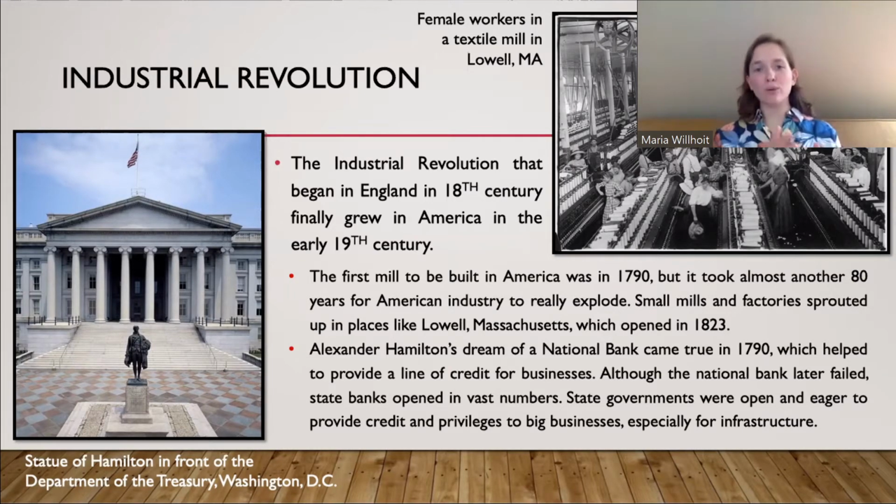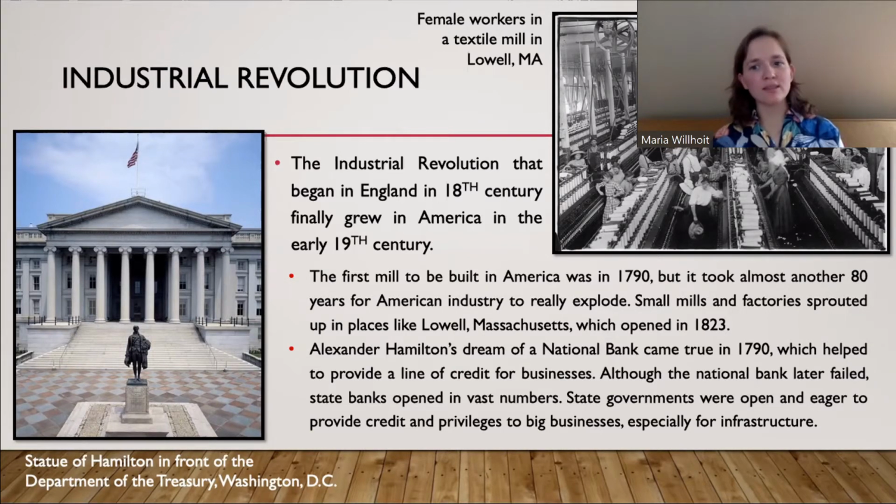And it starts slowly, though. Our industrial revolution is not just a big explosion that happens. It's slow. Many little things have to happen for industry to really take hold in America. The turning point is when the first mill is built in America in 1790. I believe it was a cotton mill, a mill to process cotton faster. It was kind of like the first machine process that came to America. And a gentleman, Samuel Slater, opened it, I believe, in 1790.